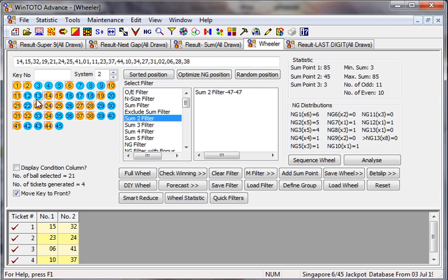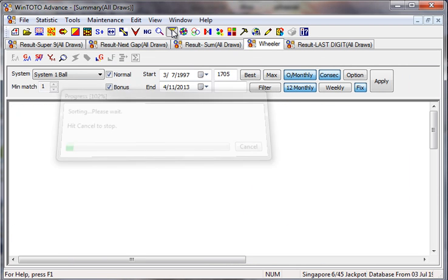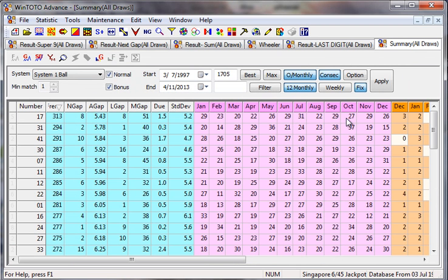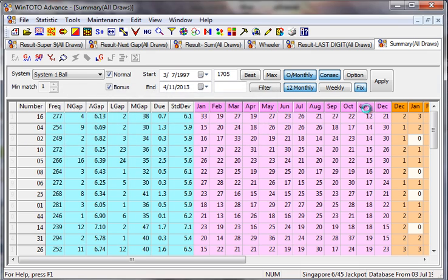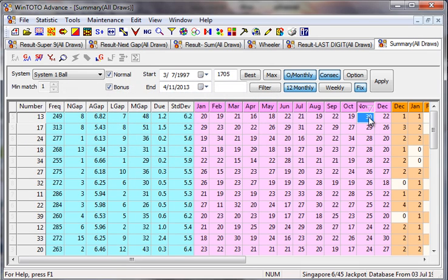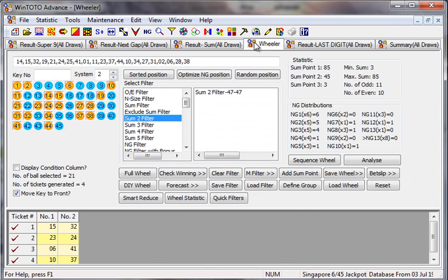I also pick number 13 because it's one of the most seasoned numbers. You click here and you can see that in the month of November, ball number 13 has got 30 hits, and it's one of the most seasoned numbers in November. So we put in number 13 here. Then we have another one, number 17, over here. So in total we've got 23 numbers in front of you right now. This is my way of looking at it.